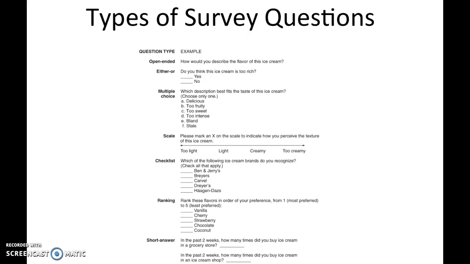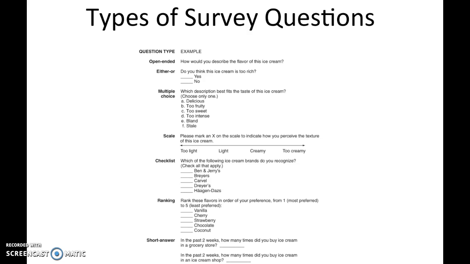The book also on page 327 gives you some types of survey questions. And remember, you really only need to ask 1 question, but you can ask more if you'd like. But don't feel like you have to use a variety of types. Maybe you'll ask 5, but they'll all be multiple choice questions. So you can ask open-ended questions where people actually give a short answer or a paragraph. You might be able to pull quotes or emotional stories from that.